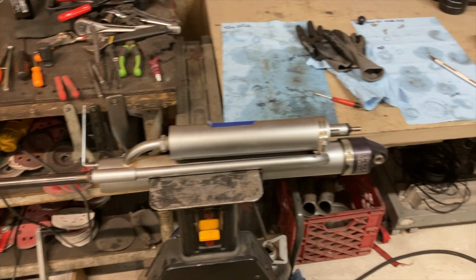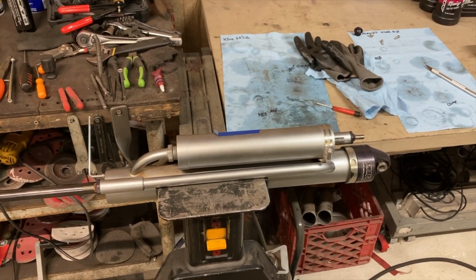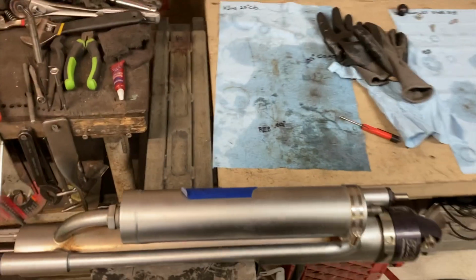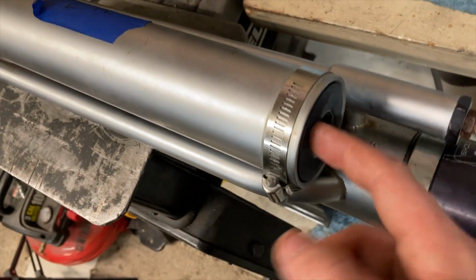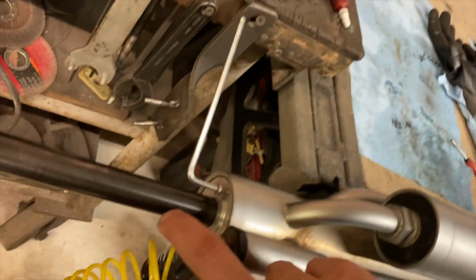Got another example of a shock with, let's see, the IFP seals. Nitrogen has leaked past the IFP seals, and now there is a nitrogen charge on the wrong side of the IFP in here. So if you go to push this cap in and try to get the C-clip, the retaining clip, out of there, or even on this side, there's a charge right now. If you hit it, it springs back,